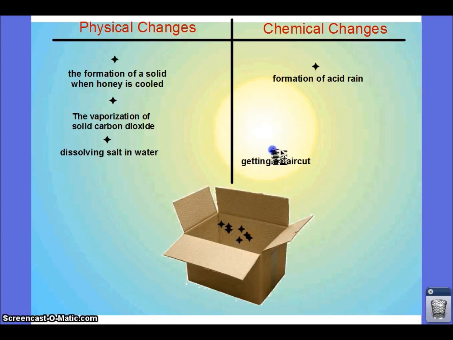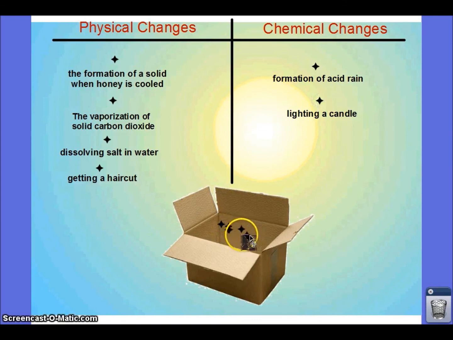Let's say getting a haircut. It is physical. Did not change your hair. You just cut it. Change size. Lighting a candle. Okay, this is burning. It is a chemical change. It is combustion. Okay, evaporation. This is a physical change. It goes from a liquid to a gas. All right, digesting your food, the food you